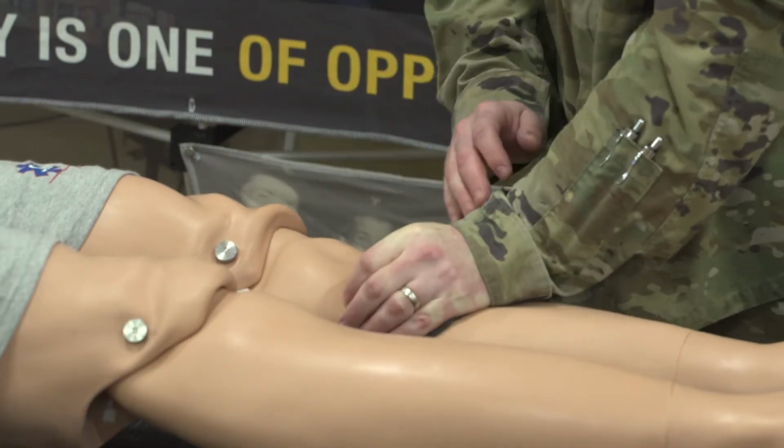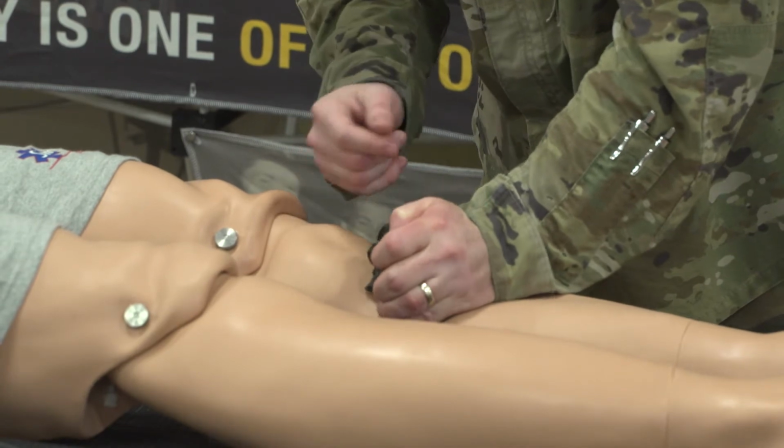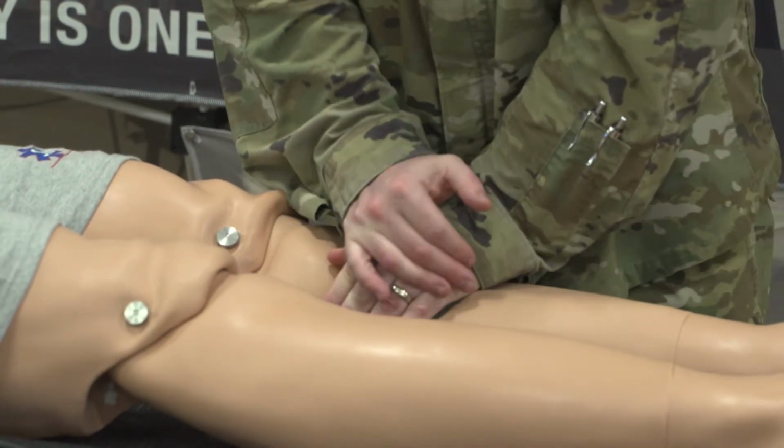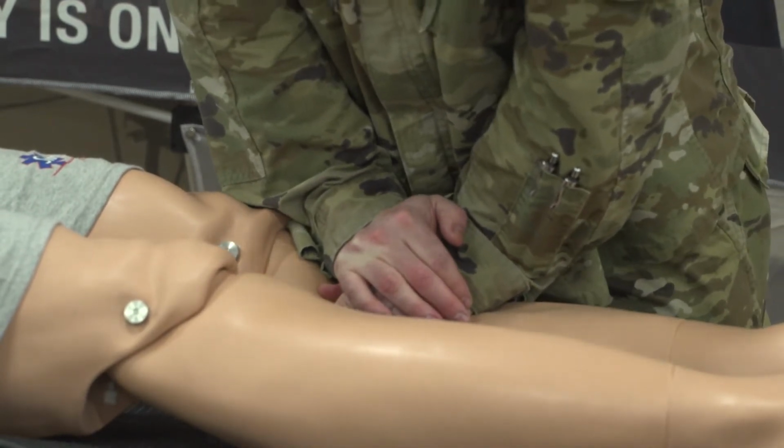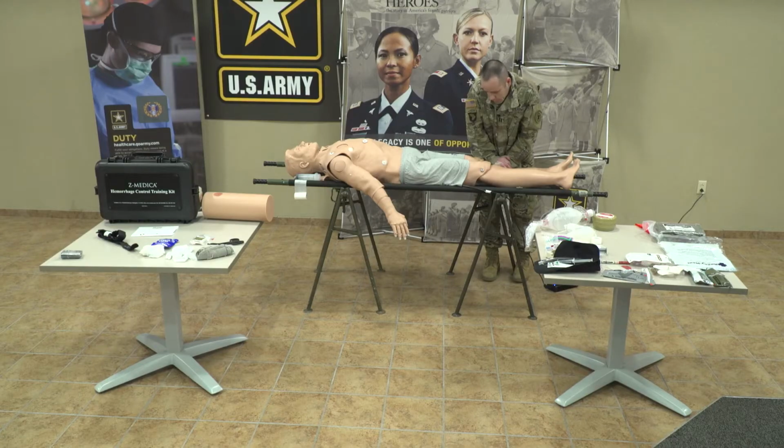And you release to check to see if you stop the bleeding or not. That clot can break off, and perhaps you won't be able to get them to clot again. So it's very important that you apply continuous pressure. So that can be applied